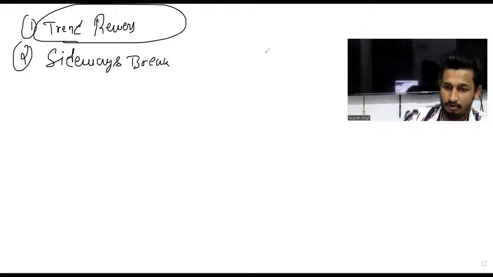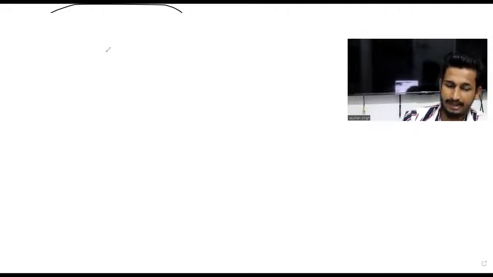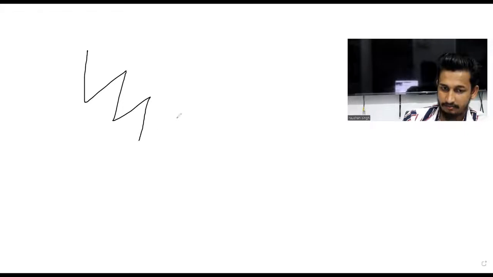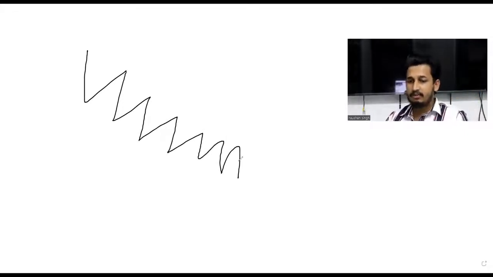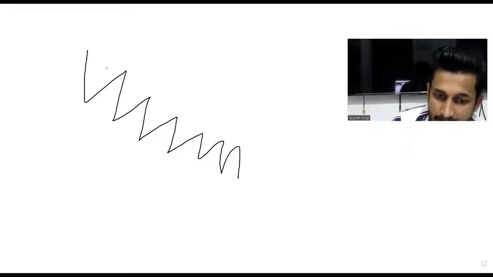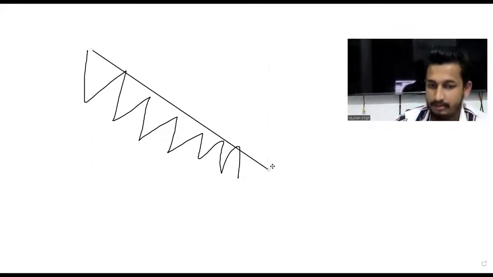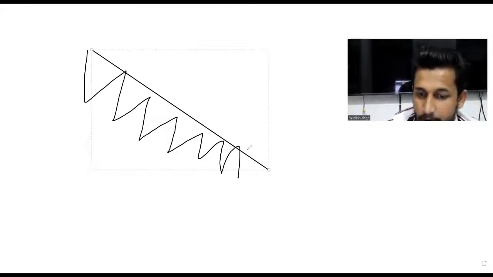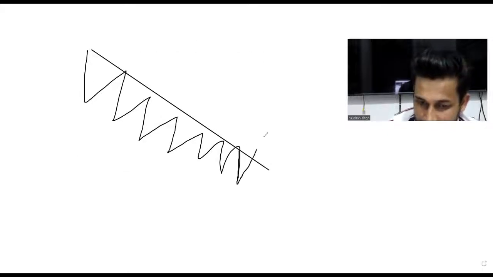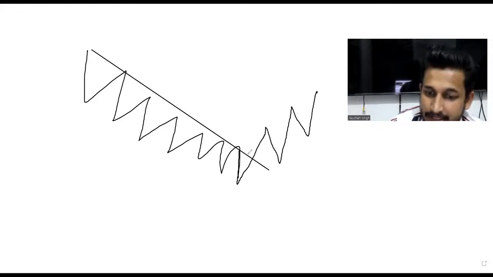So I look for the stocks which are in downtrend, basically a descending channel. First thing is that. Second thing is, I will be using a trend line to draw this. Then I will be buying at a point where, once this is broken and the prices have started moving upside, then